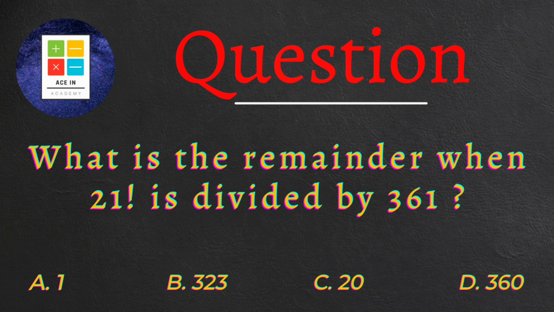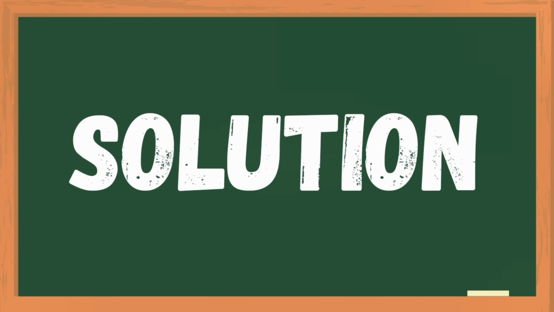So this was our question on the topic of remainders, and I would like you to try this question first by yourself and then come to this video for the solution. I hope that you've tried the question and you have got the solution, and if you didn't, then let's check the solution. According to our given question, we are to find the remainder when 21 factorial is divided